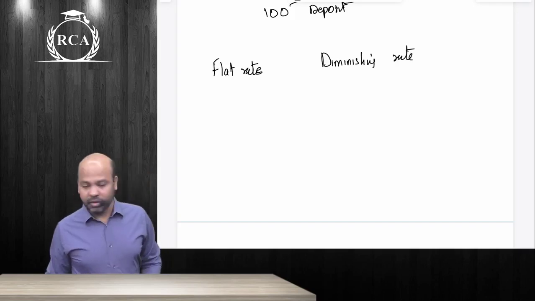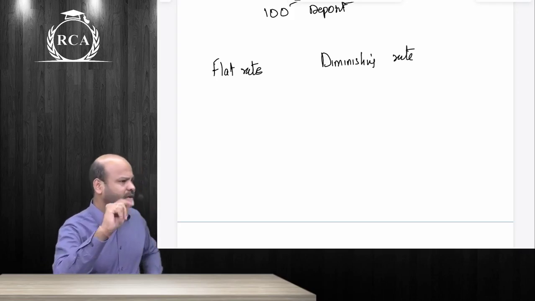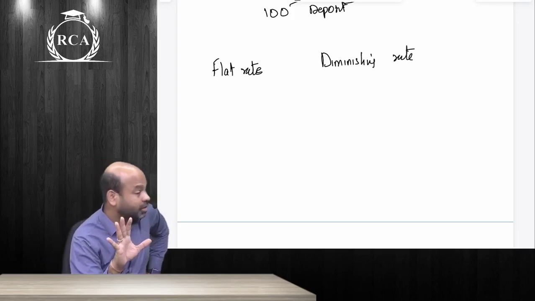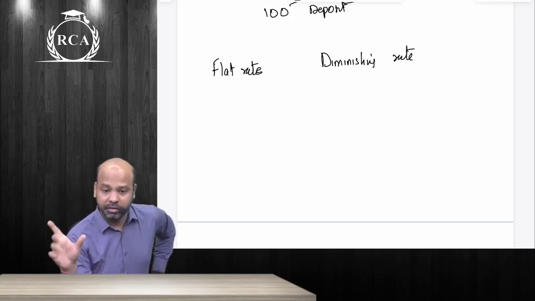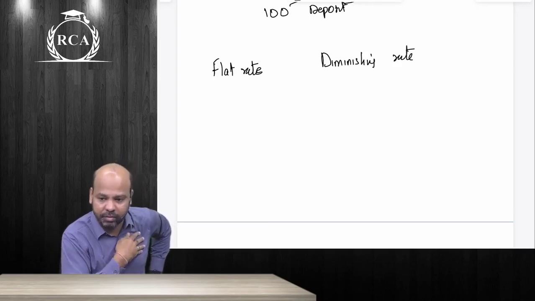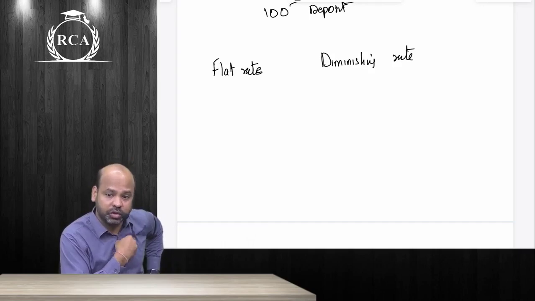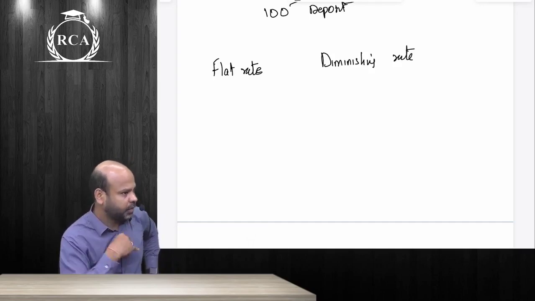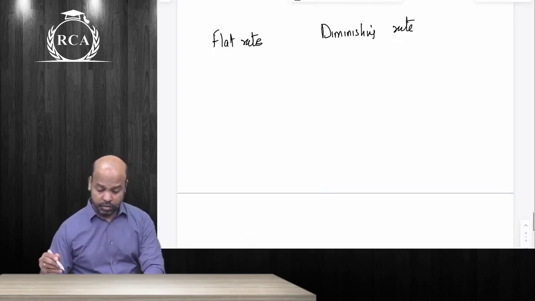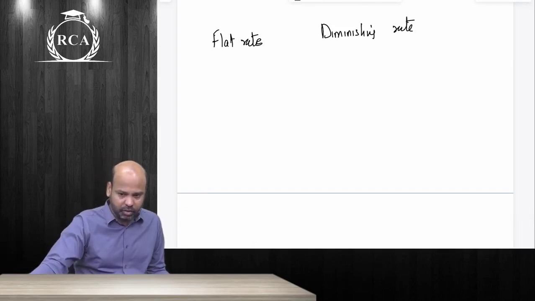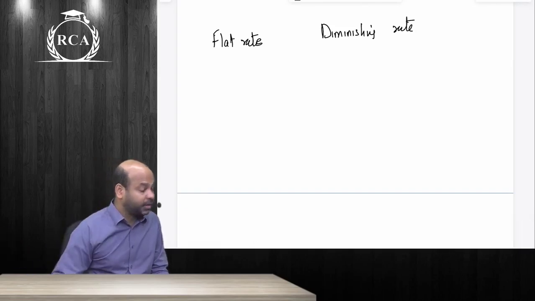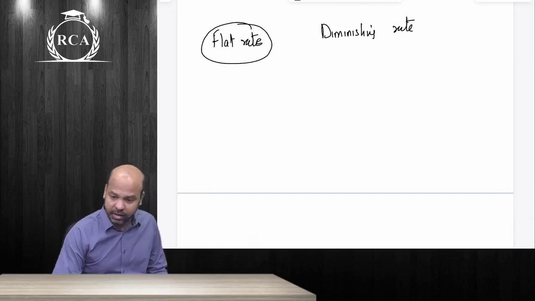Not relevant for syllabus. Long back it was given once in bond valuation, but we should still know all the concepts of time value of money, guys. Ever heard about the concept of flat rate and diminishing rate? Flat rate, beta, is usually used for personal loans and auto loans, the automobile loans given by the smaller NBFCs. They use the concept of flat rate.